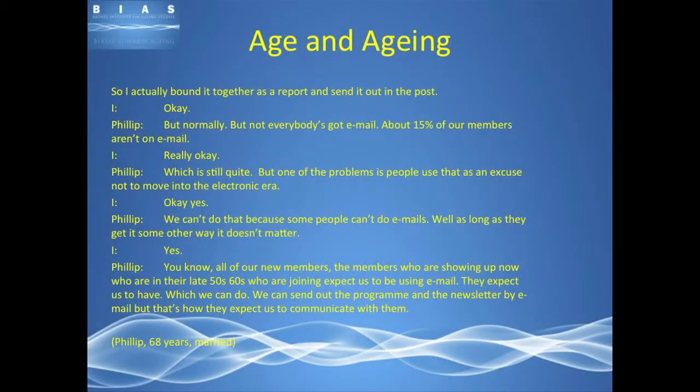Some of the discourses around age did come through, and a lot of it was about different people who were on technologies and not on technologies, and how, particularly around groups and social groups, to negotiate this. Do you want to move forward and have only email contact, for different reasons, or do people keep sending hard copies? This was a real challenge for many people, and one of the discourses was about who's on email and not on email. It came through a few times, about what to do in that sort of situation, and was quite complex.